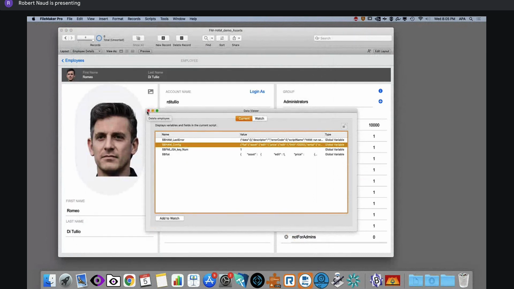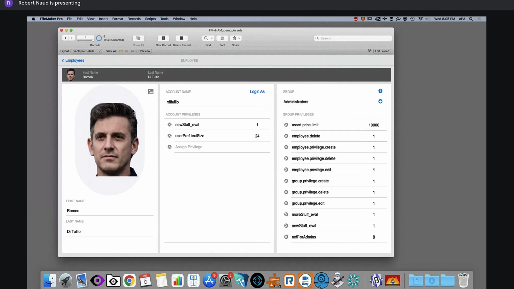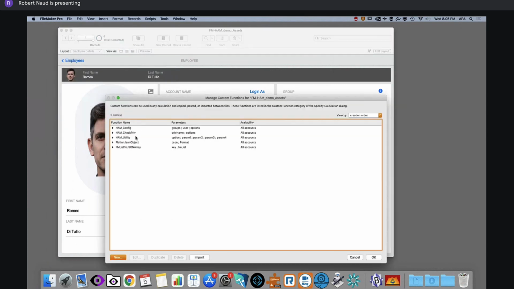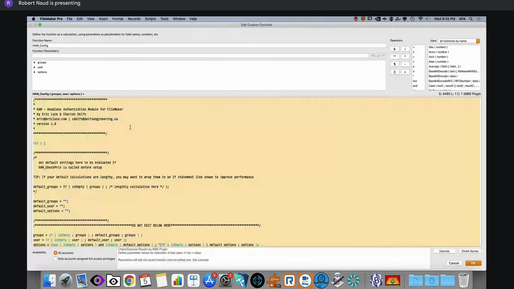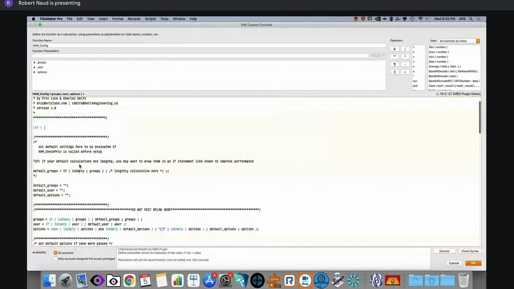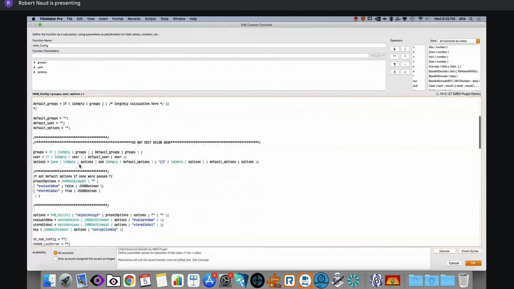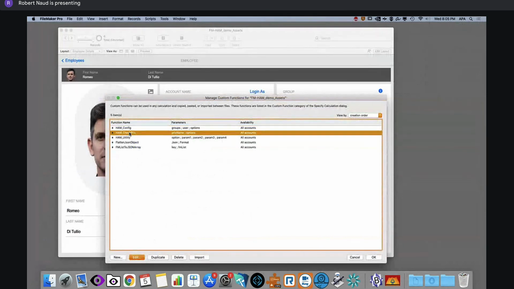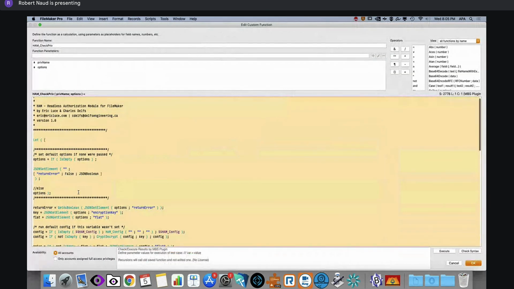If you fear that relying on a global variable would not be secure, then you can go into the custom function for, I think, I have to check if it's ham config or if it's ham check privilege, but basically